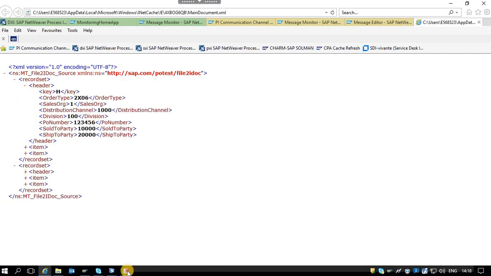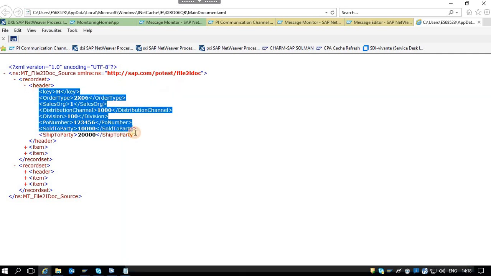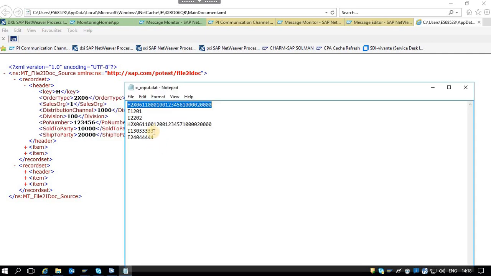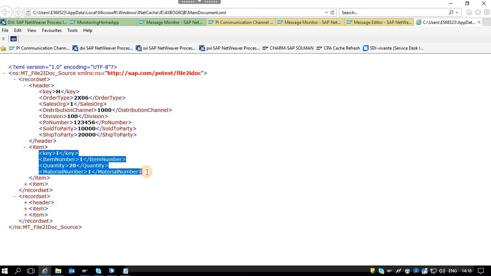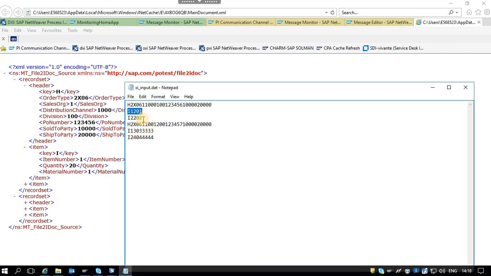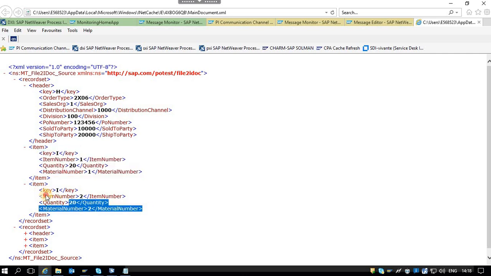So this is exactly as per this particular row converted into this header XML. Then this one is for this guy and this one is for this guy. Okay, hope it is clear to you.